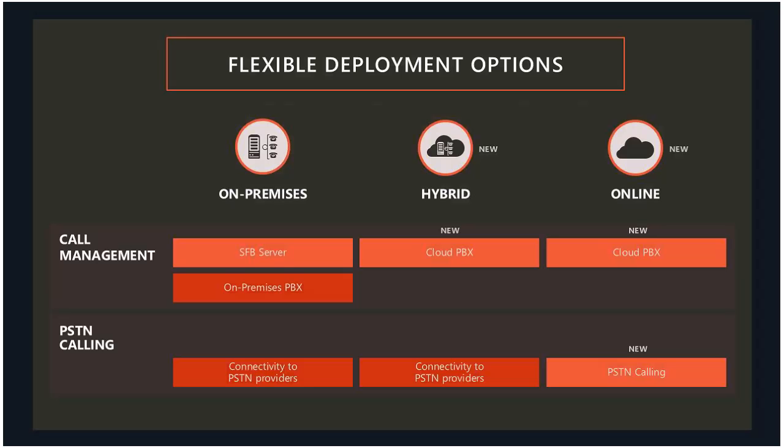Okay, you can have calls be routed throughout an organization without any connectivity to the outside world because employees call each other all day long. This is just a new paradigm where you're making a call through Skype for Business, and it's not using the PBX, it's actually using our cloud PBX service. And then the PSTN calling is